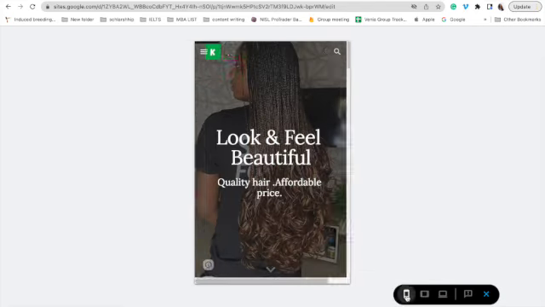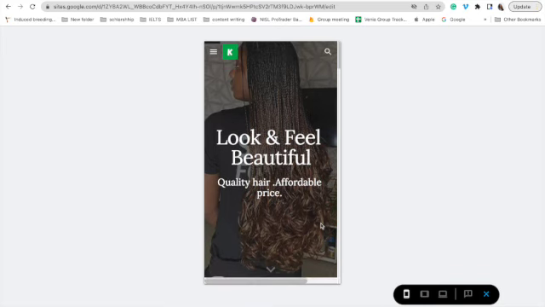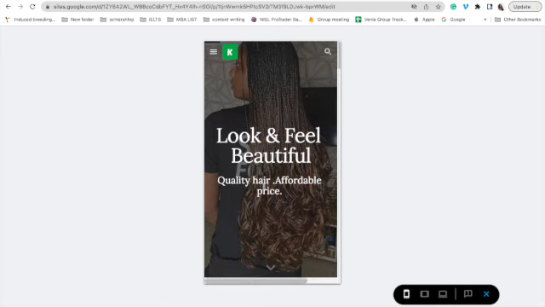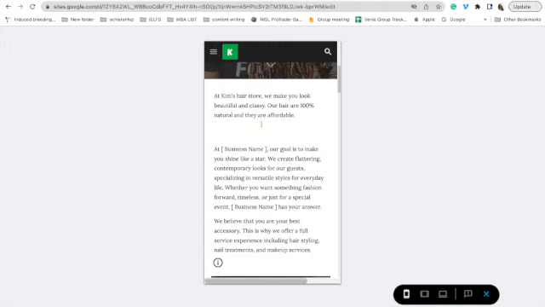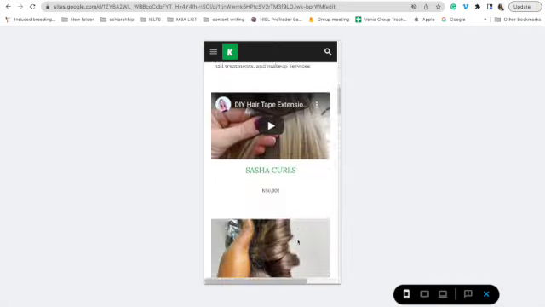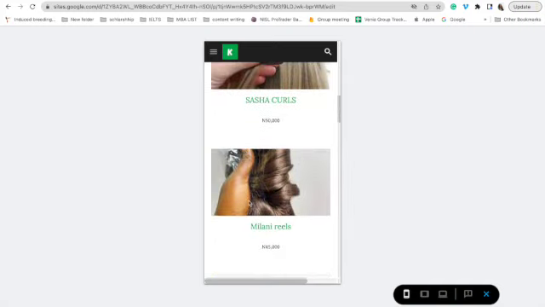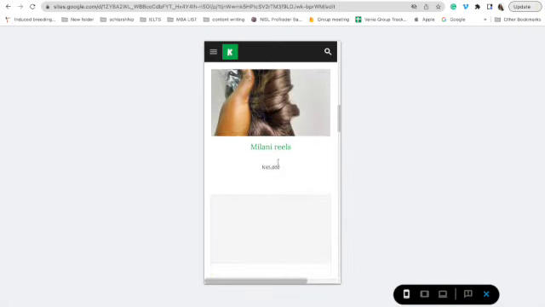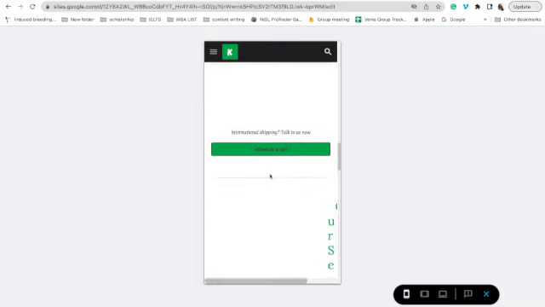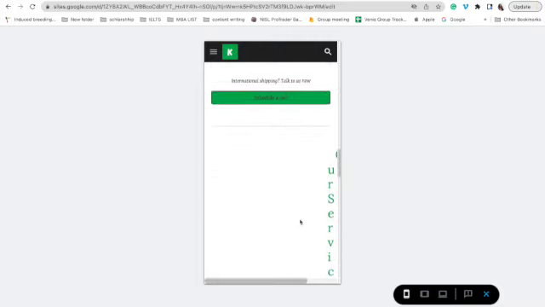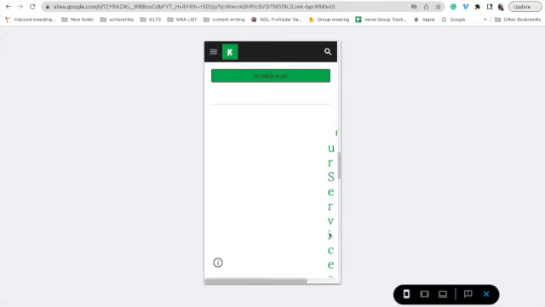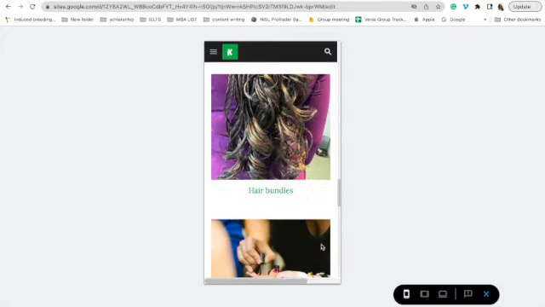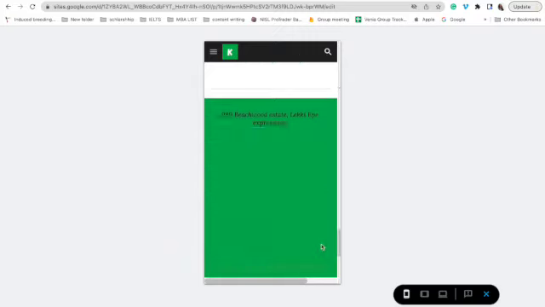On your mobile phone, your customers will view this, right? Look and feel beautiful. Quality hair, affordable prices. And when they scroll, they read about your business and all that it does. And then they can pick the different brands, the different products that you offer. Okay, so there's something wrong here. We have to fix it. Or you can see the other products and then